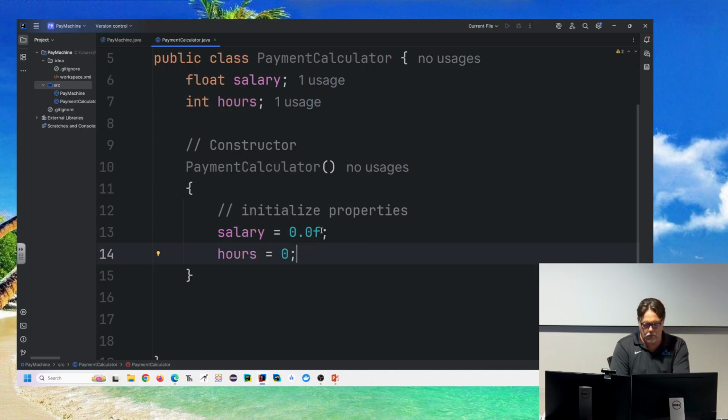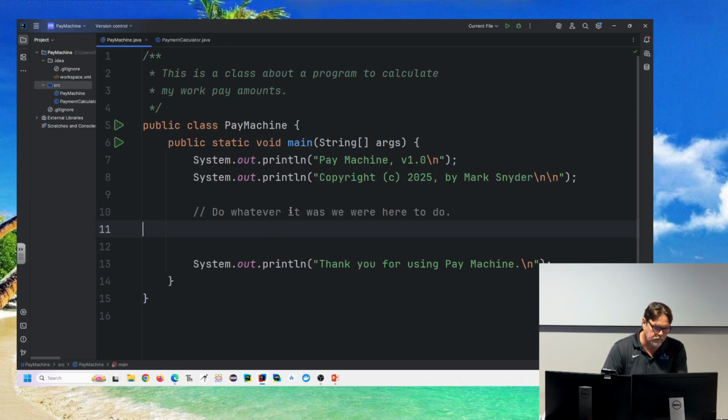Hours equals 0. Okay, so I haven't done anything too terrible here. I've got a class with two properties. I've got a constructor that initializes those two properties to initial values. If I come back over to my main function, now I can say